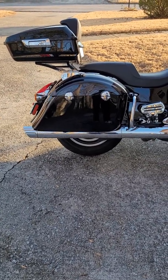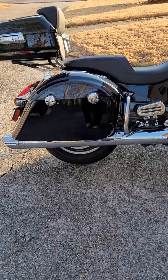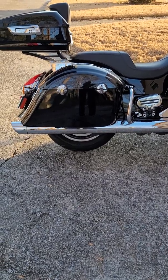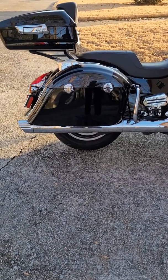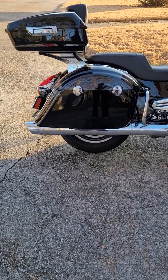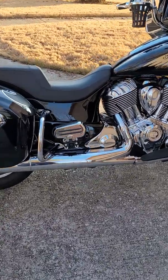I can't believe some of Indian's prices. I try to shop and watch for my pricing. Some of the stuff is outrageous. It doesn't make sense. That exhaust is one of them, and I ended up finding somebody selling the exhaust and tips for a good price, so I snatched it up. And I have a tuner